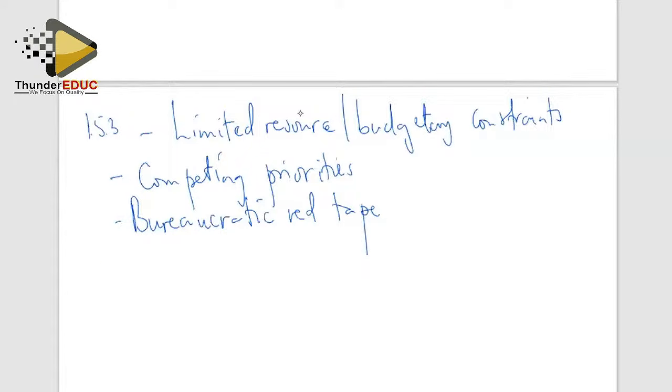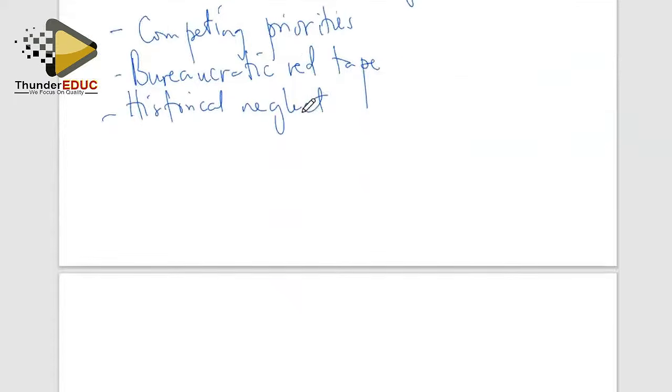Then maybe you can also look at historical neglect. Some areas have been neglected from history and still are being neglected. The municipality does not take care of some of the areas. Maybe it's part of the areas which have been neglected from the history of Cape Town, and the history is bearing its legacy in the current years. Right, we move on to the next question. Next question is saying,